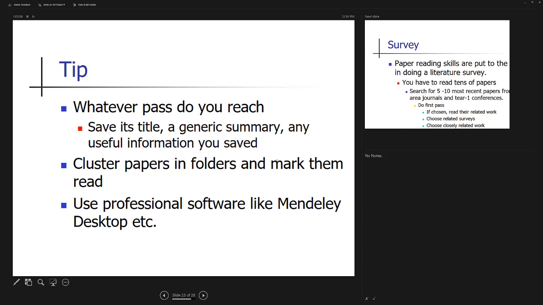It will give you a visual tree of whatever folders and research papers you have, or you can search over it, and lots of stuff. So you should always use some professional software. I actually use Mendeley, so that's why I told it to you. So download Mendeley Desktop and start using it.